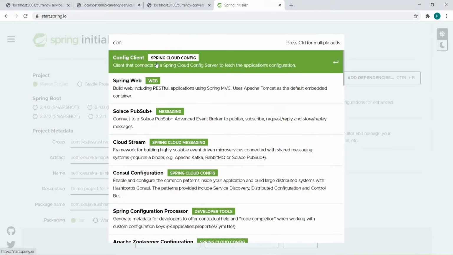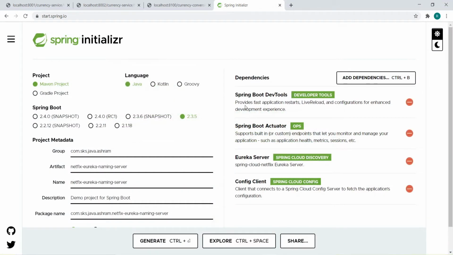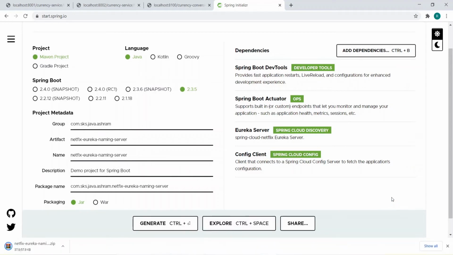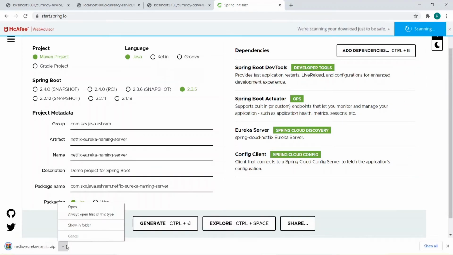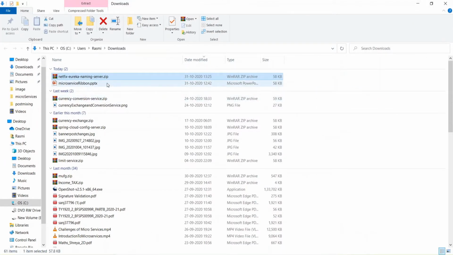Configuration client, right? So that's all. Spring Boot DevTools, Spring Boot Actuator, Eureka server, and config client that we use, and generate this file, right? So it's getting downloaded. Go to the folder. Okay, so the folder is now here. Okay, copy this and go to our